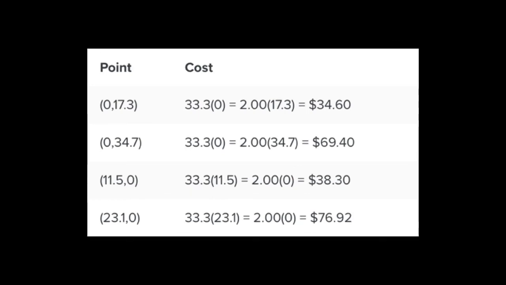For (0, 34.7), we have 69.40, for (11.5, 0), we have 38.30, and for (23.1, 0), we have 76.92. So our optimal solution